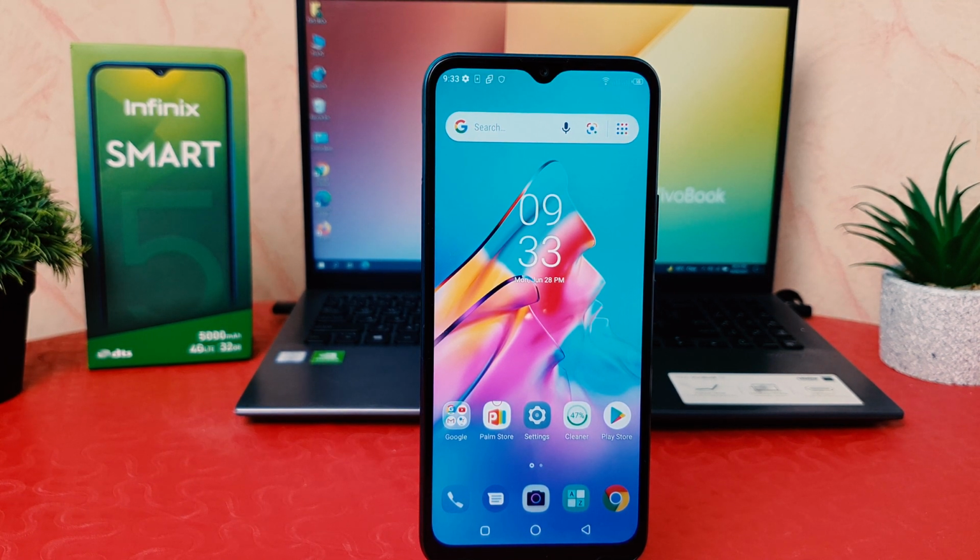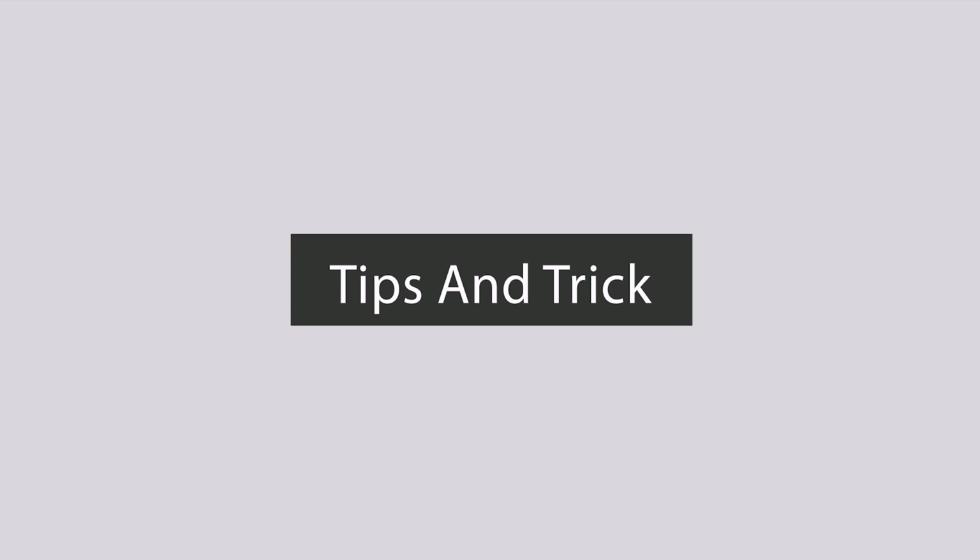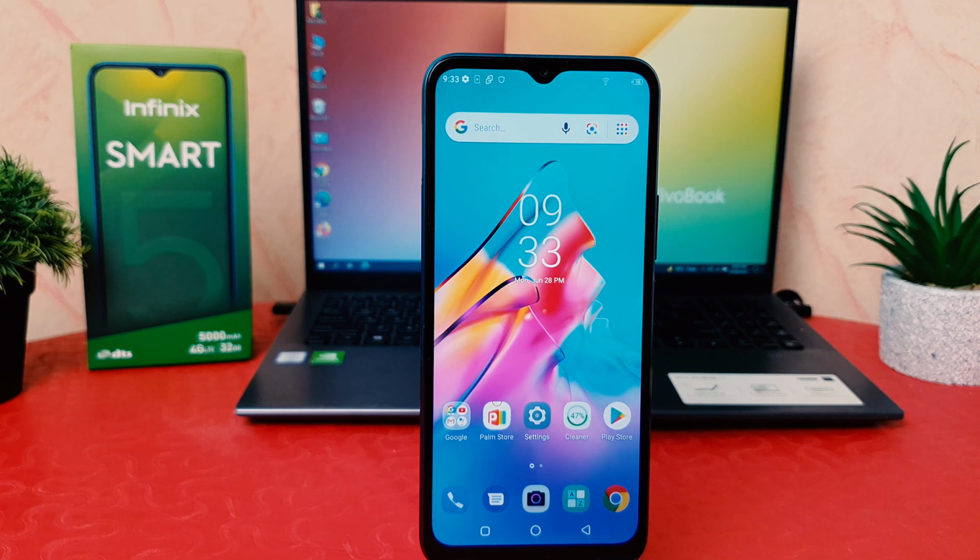In this tutorial, I am going to share with you how to enable watermark in your Infinix Smart 5. So let's take a look at how to do that. You might have recently bought this Infinix Smart 5 and you are wondering how to enable the model watermark in your